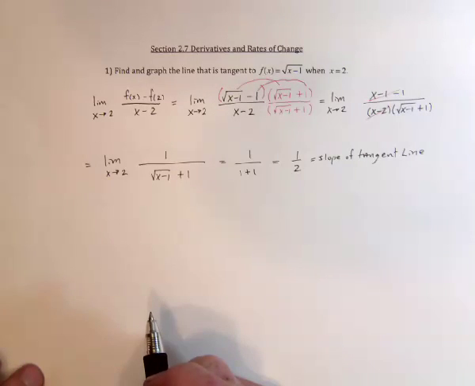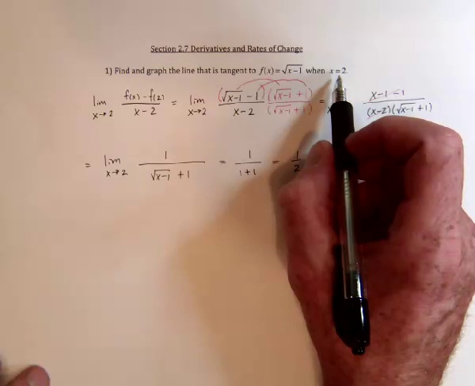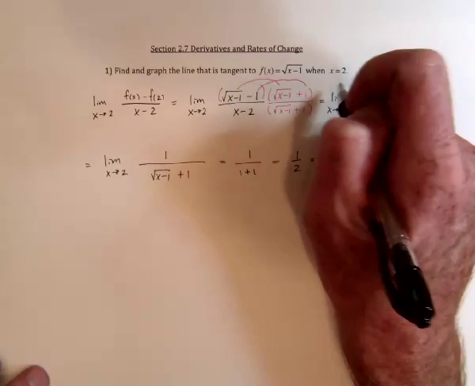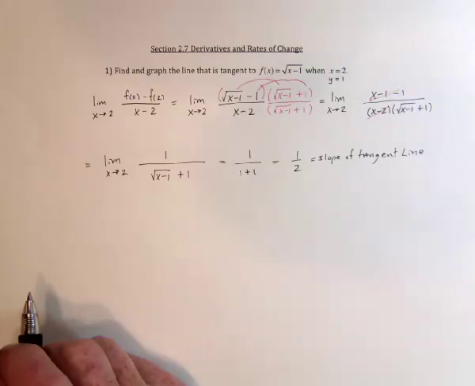And we can use the point slope formula as long as we have a point and a slope. So there's the slope, there's half of the point, we just need the other half, which is the y value. So if we substitute a 2 in here, then we would get that y is equal to a 1,